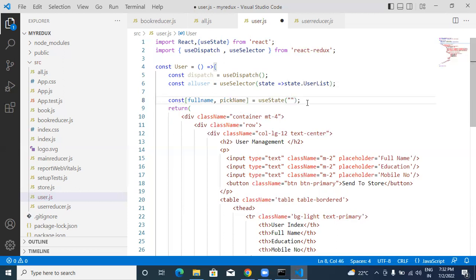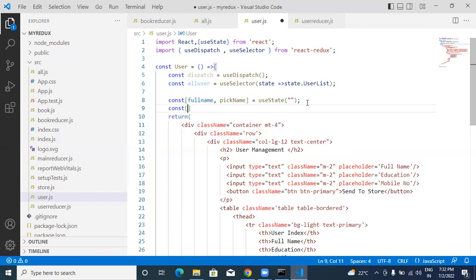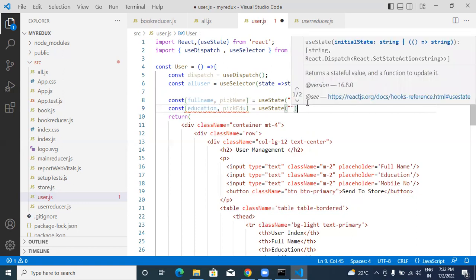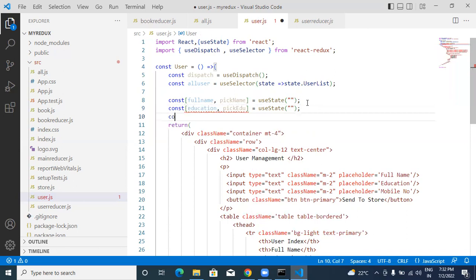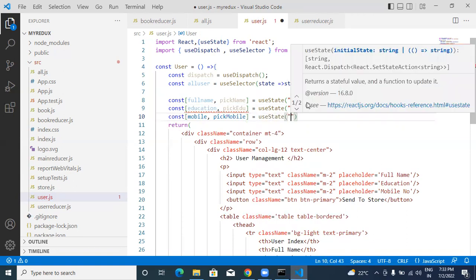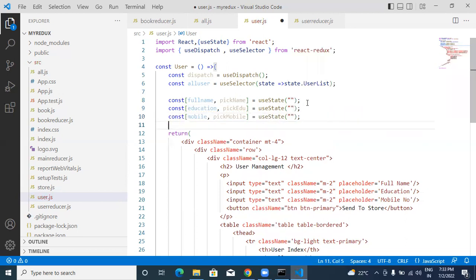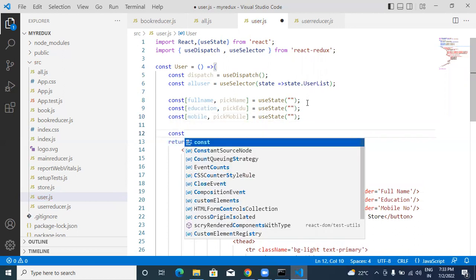next constant, mobile or education, pick edu, use state, const, pick mobile, use state, next constant, save,